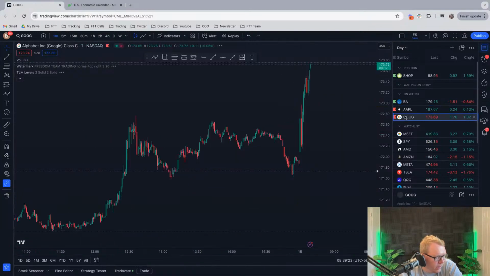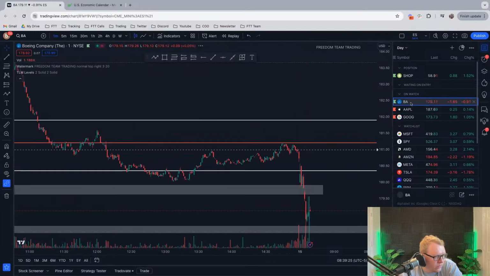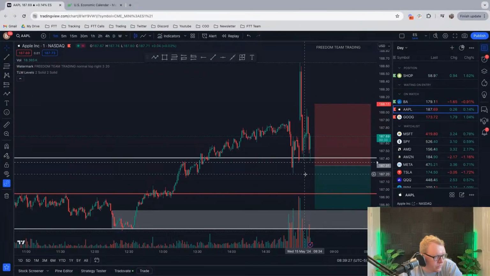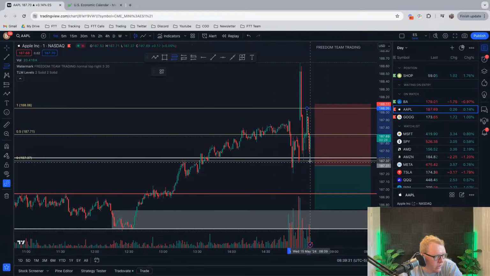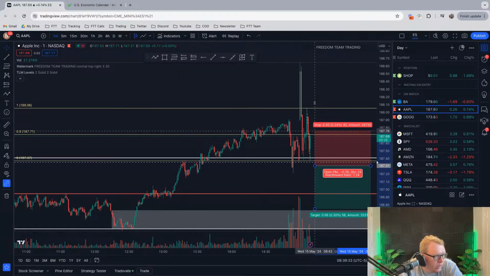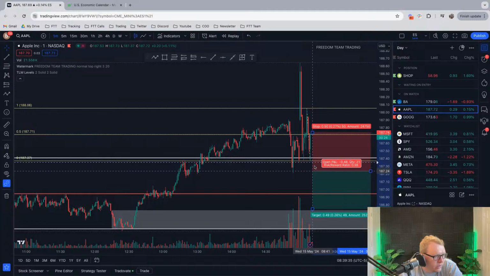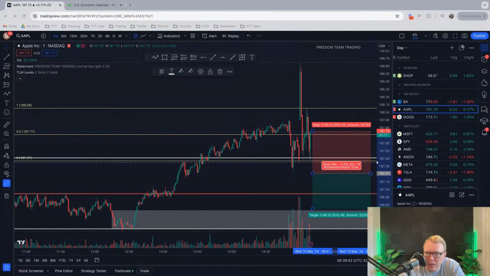Just looking at it. Google's probably done. Kind of forming a strong high here. This would be nice. Form a strong high, be like right there. Still need to break that low. So we're going to need to break that low and then pull back, and I'll put a stop above that high. So we'll see. Let's just say my stop is